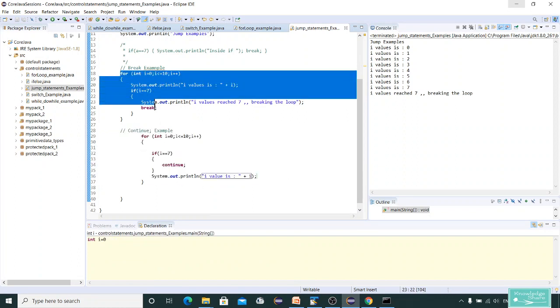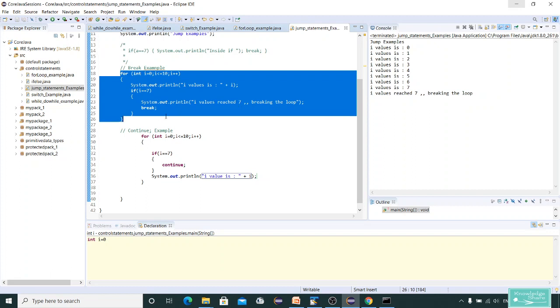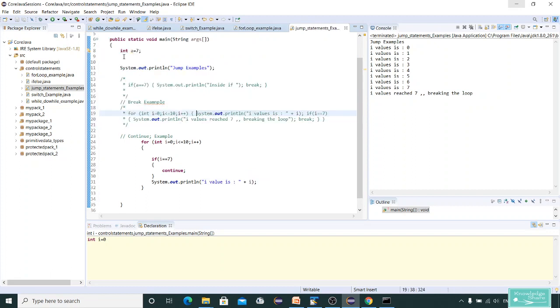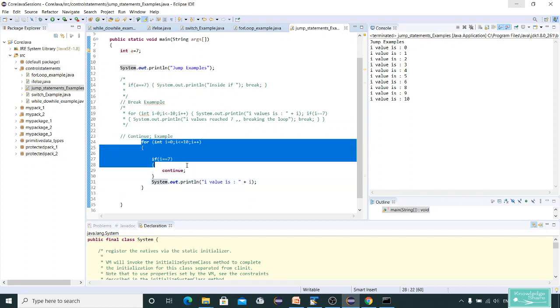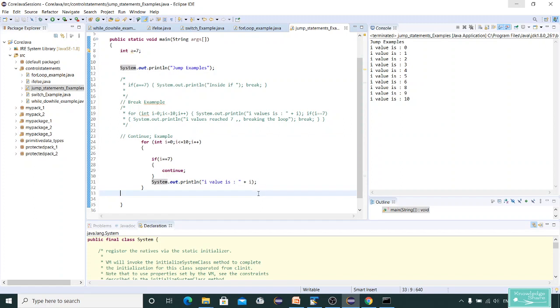Let me comment the break example. You can observe that whenever i equals 7, it hits continue, goes back to the loop, and continues printing the values. Now let's see how this continue works.